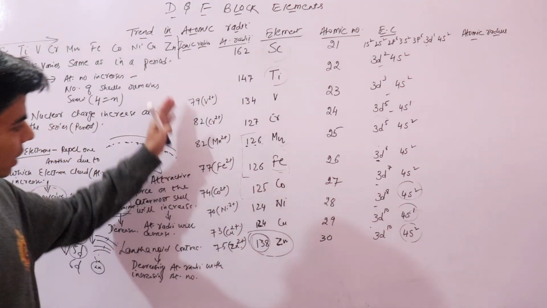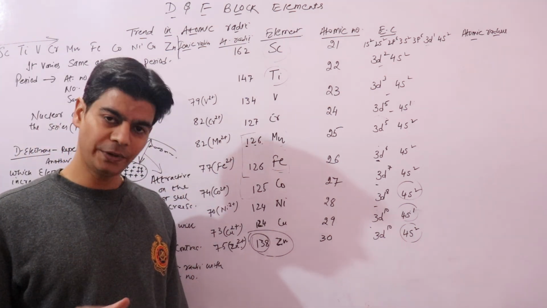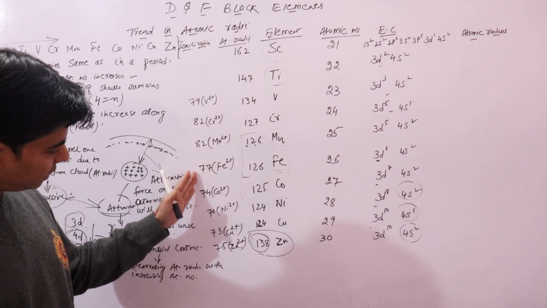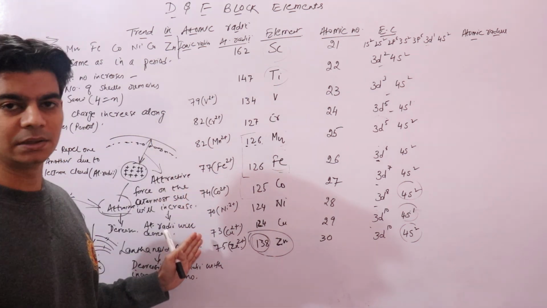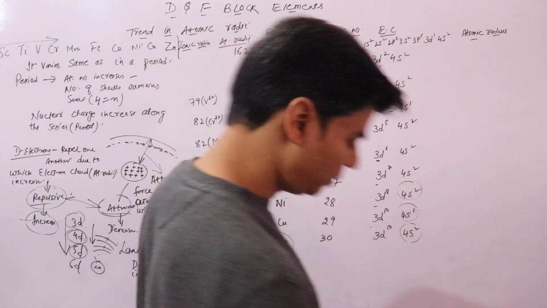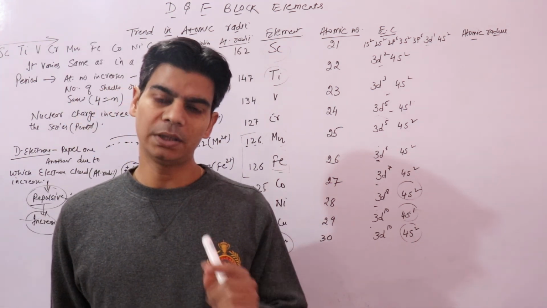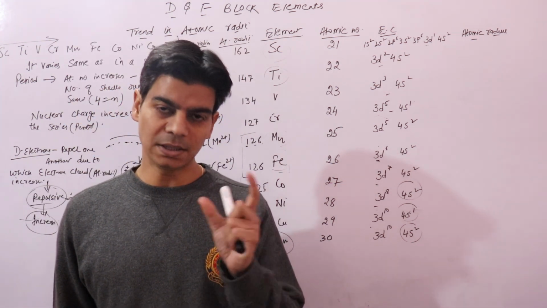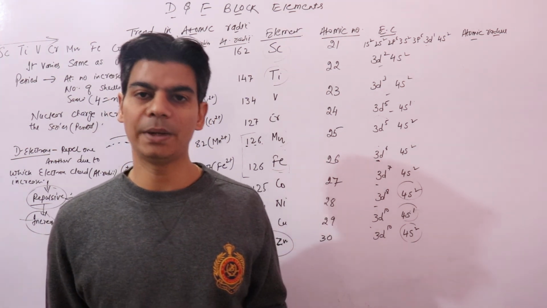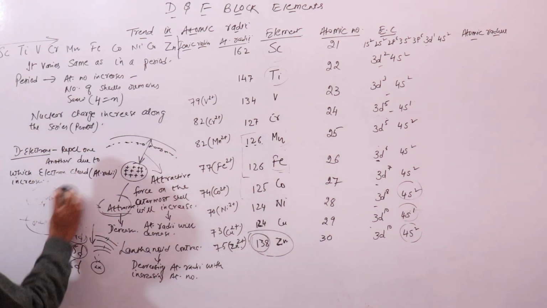The variation in ionic radii, you can see, also follows the same trend, right? Where atomic radii decrease, then it decreases less, then it increases, right? So it follows the same trend. And just one important thing we have studied earlier also: the radius of a cation is less than the parent atom, and the radius of an anion is greater than the parent atom, right? Now what could be the reason there?